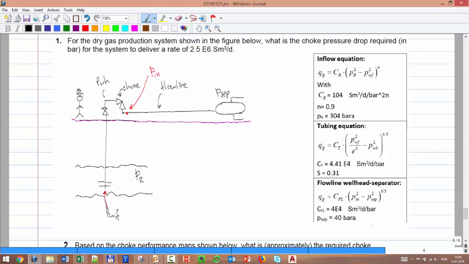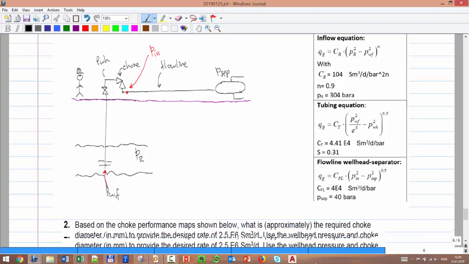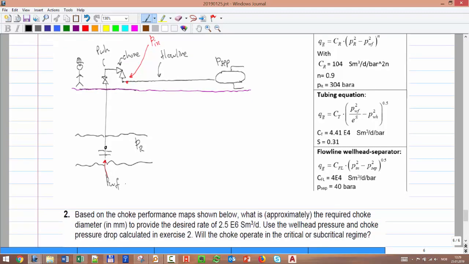What pressure did you get there? Maybe write it here and verify with everyone. 137, around. Okay, it's good enough. Then we use that pressure in the tubing equation with all the constants to calculate the wellhead pressure. So you use the rate 2.5 and 137, and then you clear that pressure here. And then we got a pressure of